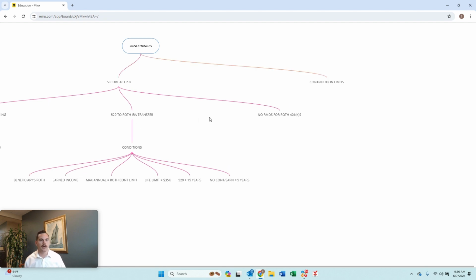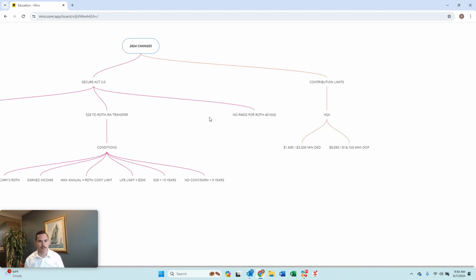So now that we've talked about Secure Act 2.0, we'll focus on some important limit changes. The first of which is health savings accounts, or HSAs for short. So with this year, 2024, the minimum deductible amount has increased to $1,600 for individual HSA plans and $3,200 for family plans. You also have a maximum out-of-pocket limit now for 2024 of $8,050 for individual plans and $16,100 for